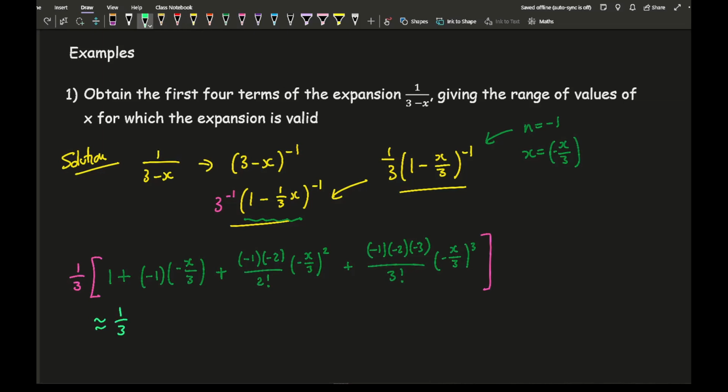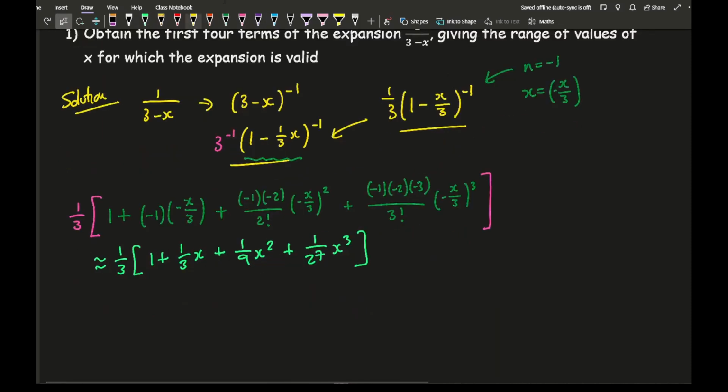So what I've got is a third, and again I'm not going to multiply out the third just yet. I'm just going to simplify what these brackets are, which I end up with 1 plus a third x plus a ninth x squared plus 1 over 27x cubed. So now all I need to do is expand the third out. So just going to multiply the third by each of those 4 terms to get my final answer,